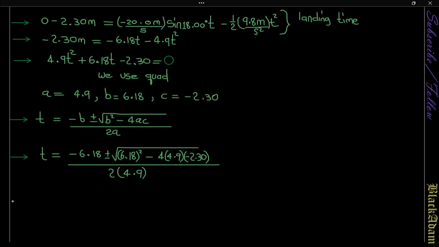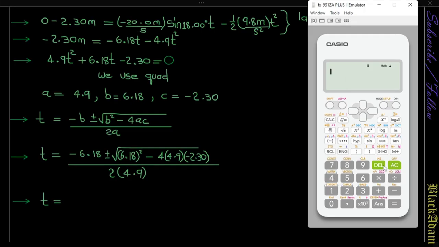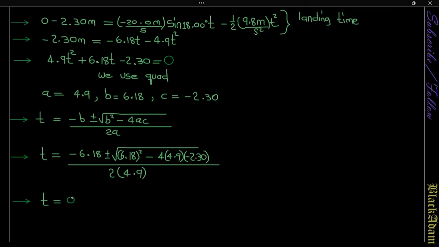So that's the value of our time. Squaring that, minus 6.18, divided by 9.8, because 2 times 4.9 is 9.8. So the answer is